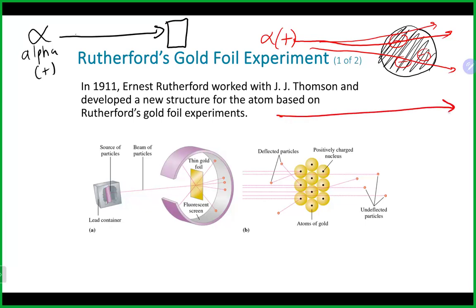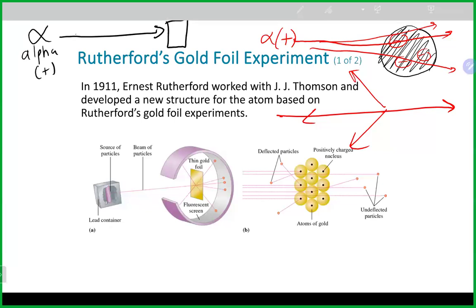Most of the particles just sailed right through, no problem. But what they also saw was every so often, they would see an alpha particle bounce off at really large angles and even head back to where they came from. I imagine if you were standing there, not so great, but bouncing off at these really, really large angles. So that told them a couple of things that was really important about the atom. The first thing that it told them was